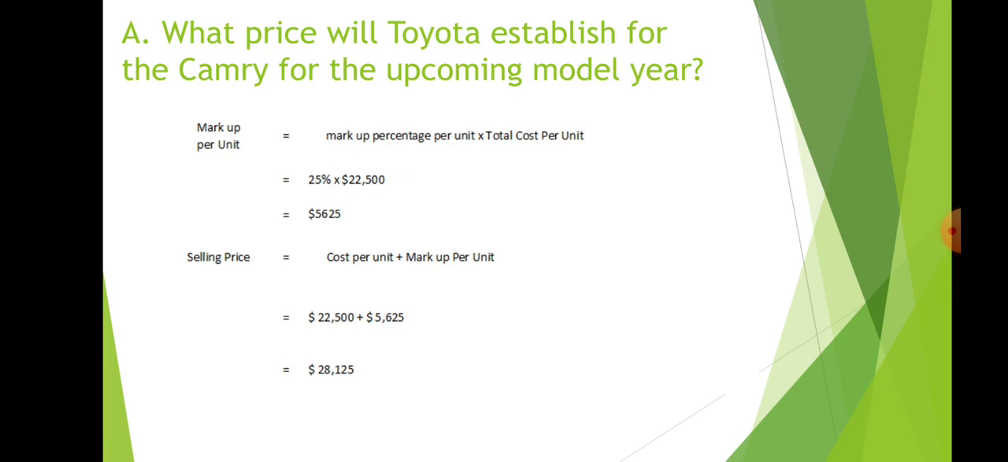A. What price will Toyota establish for the Camry for the upcoming model year? So, based on the given, we will be only computing to get the desired selling price. We will be computing the markup per unit. So the given markup percentage per unit is 25% and the given total cost per unit is $22,500. The product of which is